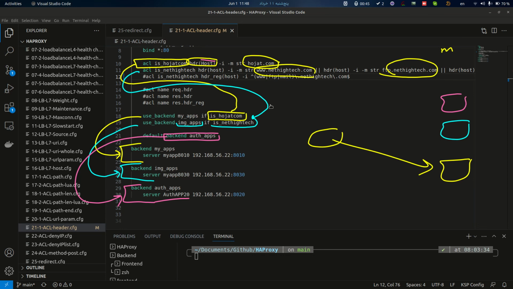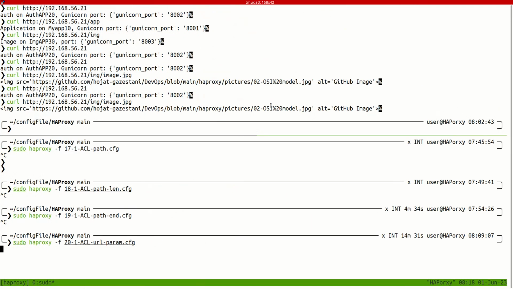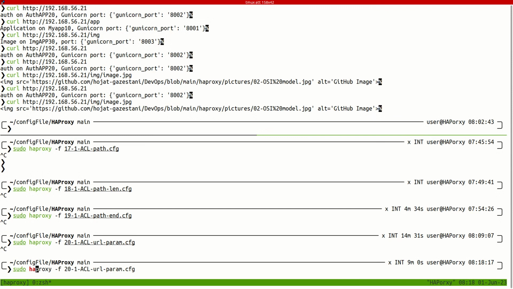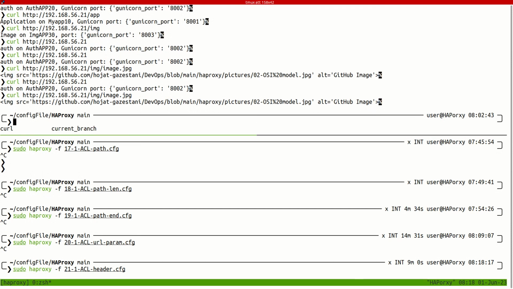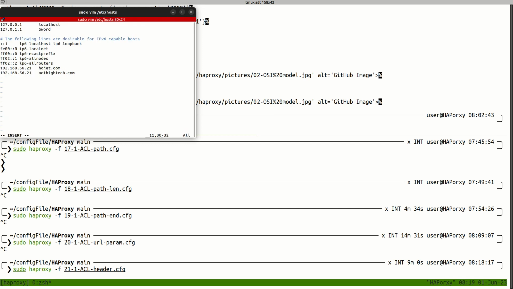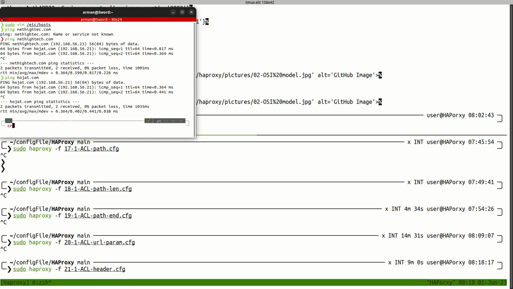Let's go and test it. This is file 21, HAProxy 21. I have to use my host, sudo vim. curl for http hojat.com. You can see my application is answering me, but if I ask for